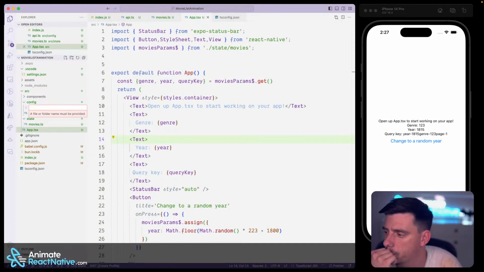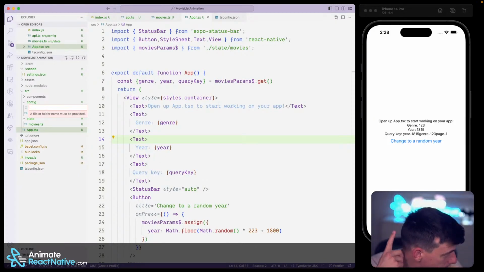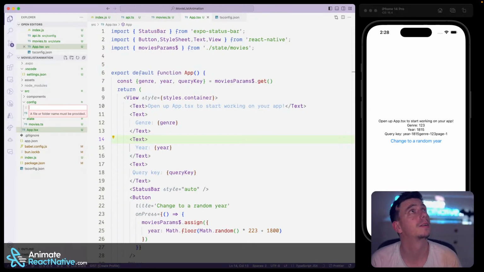How to do this? Because I need a provider. So yeah,